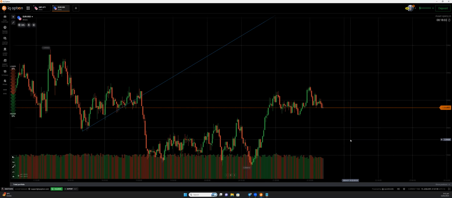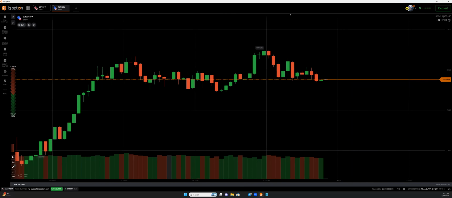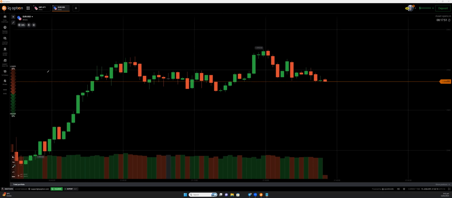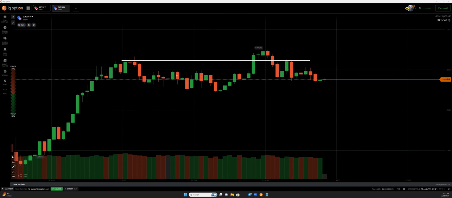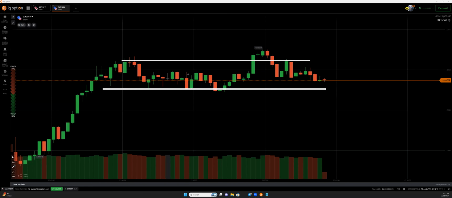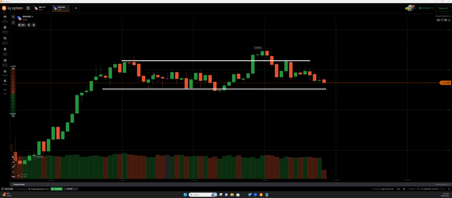Now, for example, this condition. So we know that the price is in which condition? It is in a zigzag, in a range here. Look, this is the range, and the price is in this complete range. So you know that this is a range market. This is not a trend.